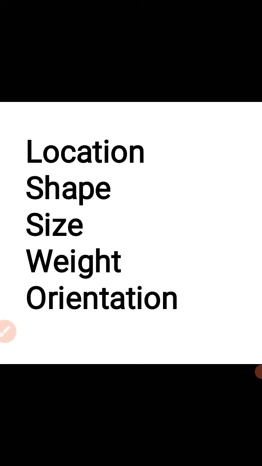Each kidney weighs 150 gram in males and 135 gram in females, and each kidney is 11 centimeters long, 6 centimeters broad and 3 centimeters thick. The left kidney is a little longer than the right kidney, and both the kidneys are reddish brown in color. The long axis of kidney is directed laterally, so the upper poles are nearer to the median plane and the lower poles are a little away from the median plane.